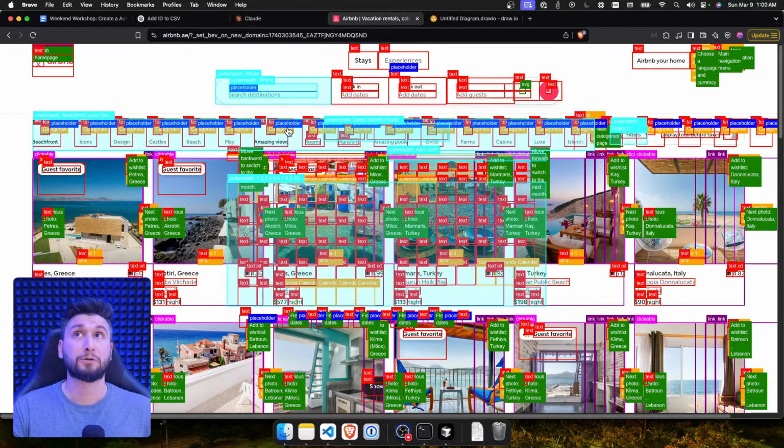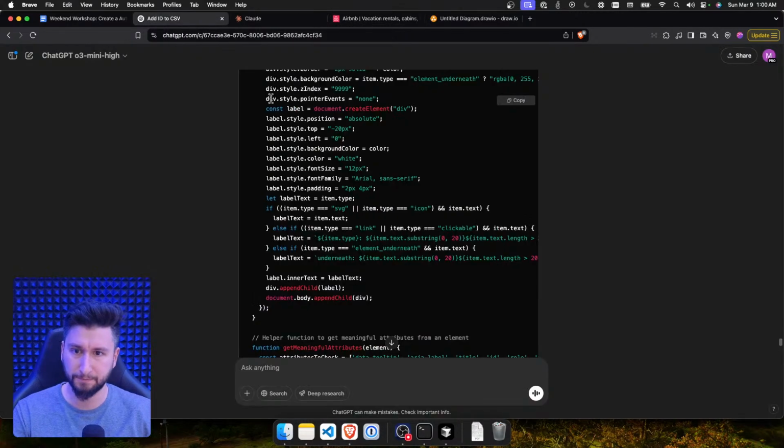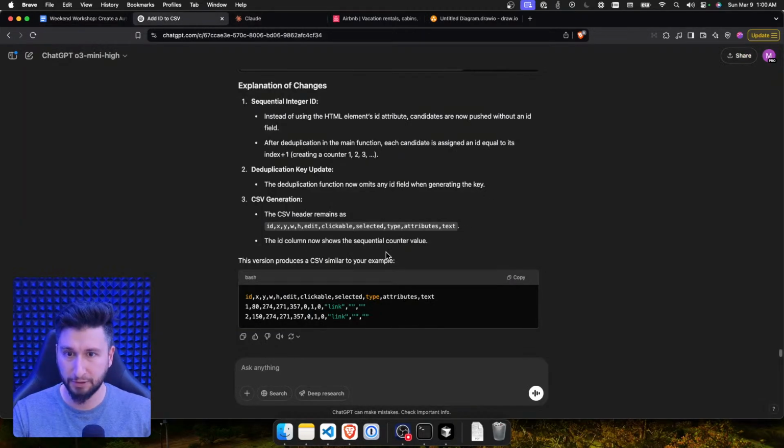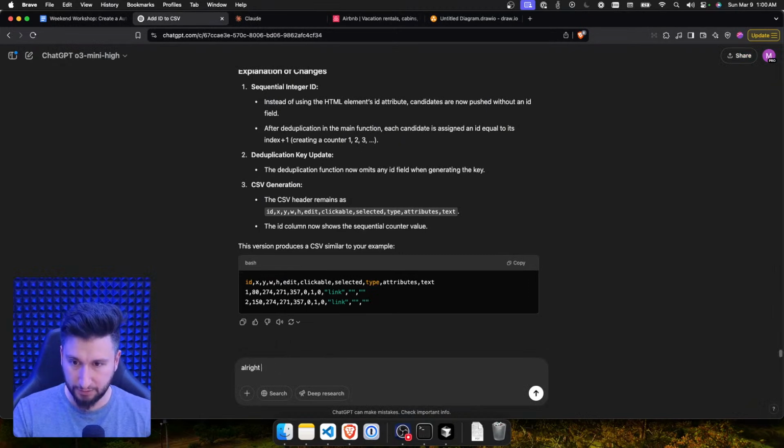All right, so once we have this, I think we are set. I think we're done. So let's just check our plan. Create a page parser. Done. Create a Cypress plugin. All right. Create a Cypress plugin that uses this code to generate CSV and passes it on to